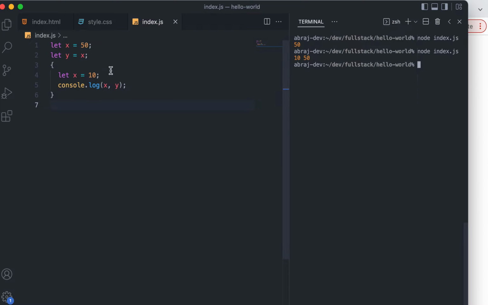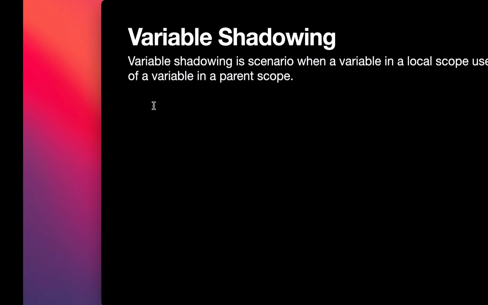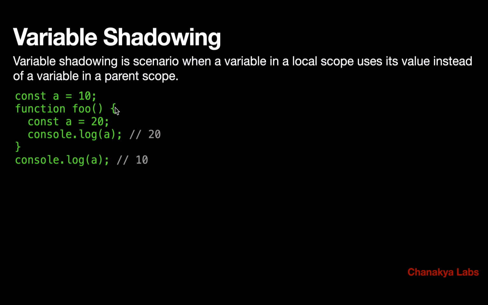So 10 and 50 both we are able to access, right? But if only x is there and x is redeclared, then obviously that is shadowing, and only the locally declared variable will be visible. This is what I am trying to say here: if a is there, and then inside, let's say, a function foo, you have 20, right, then again